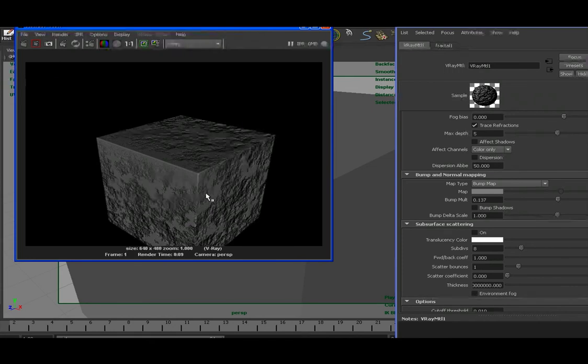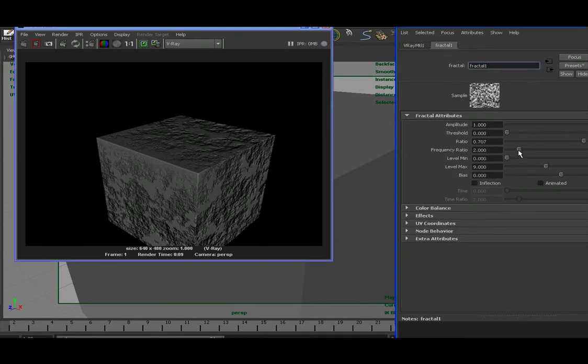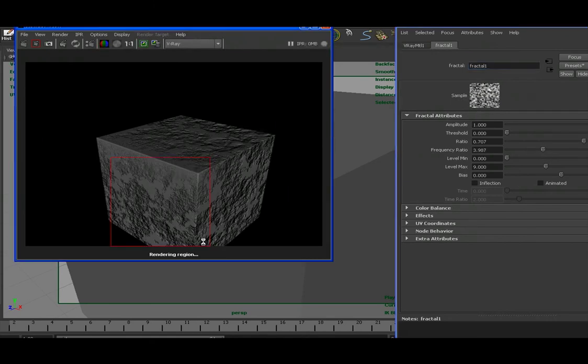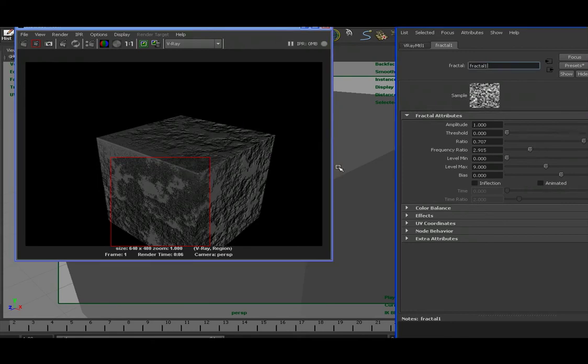And I can play around with the fractal itself too. If I want to play with the frequency ratio, if I turn that up a bit, that'll make it so that there's a bit more detail in it overall. Okay, maybe it changes the size of it, or the feeling of size. Actually, I like it a little bit more down here. Okay, so that's the first part, and then I'll also,